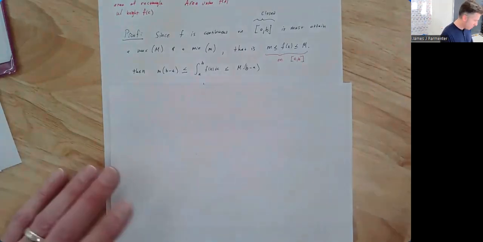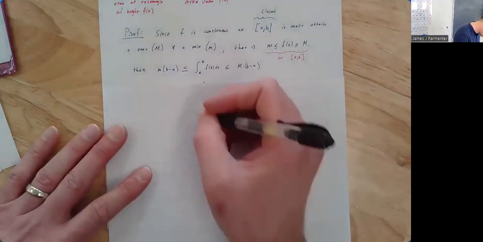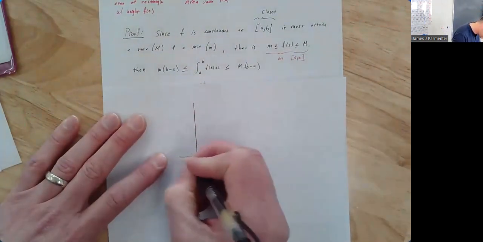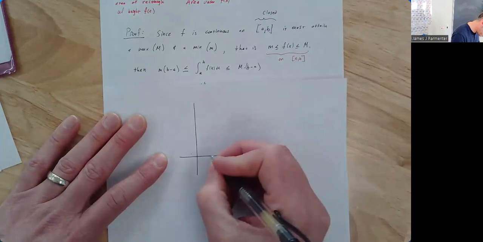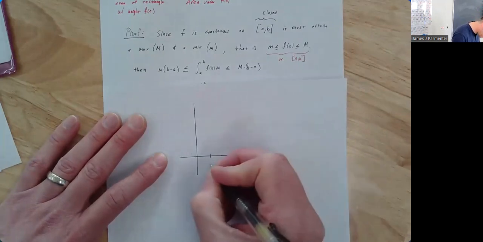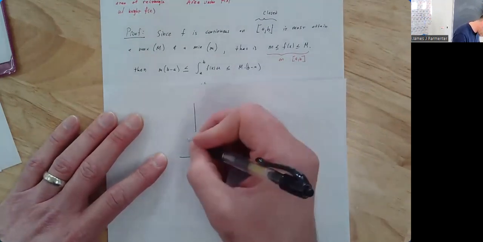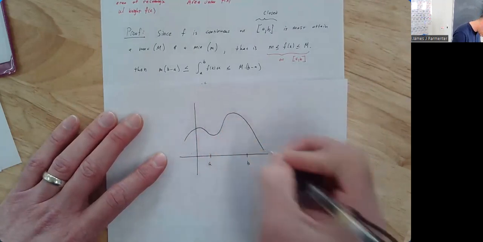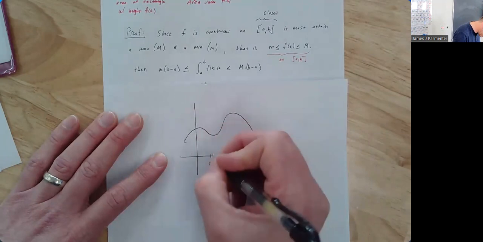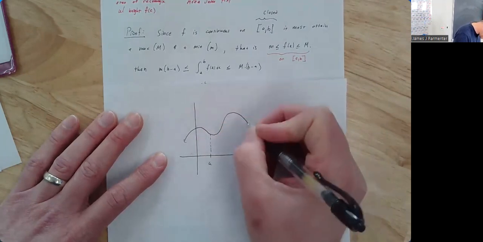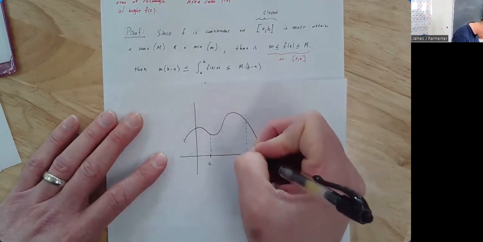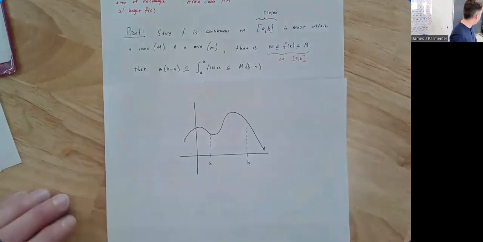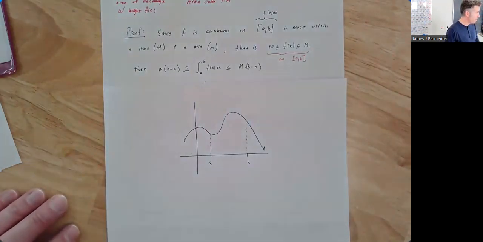What this is just saying here, and I'm going to draw a picture right here, is that, see that? Yeah, you can see that. Let me draw this in a very easy way to see here. So that's our function f of x, and we're looking between a and b. What we're saying is that that area under the curve from a to b,